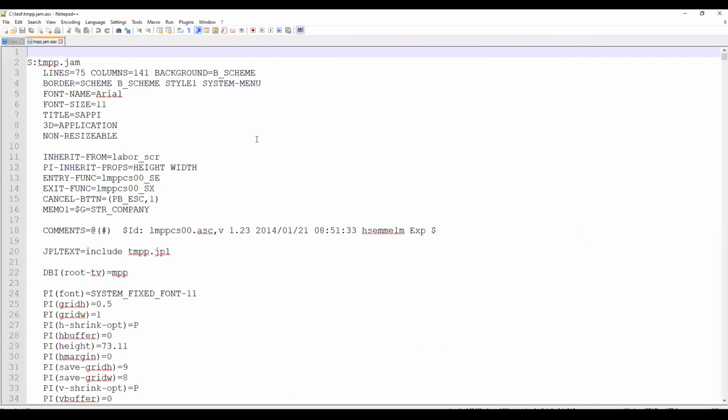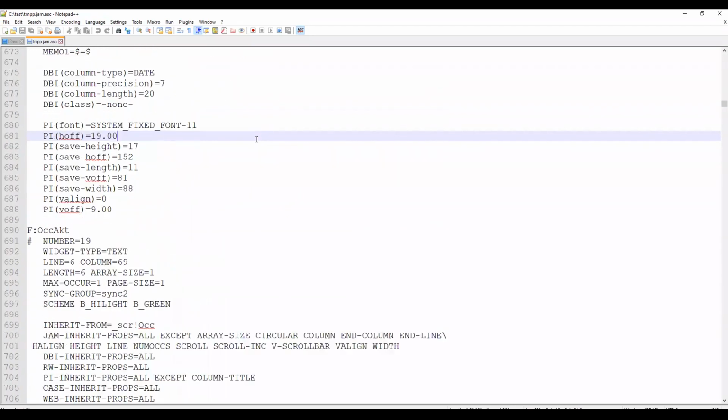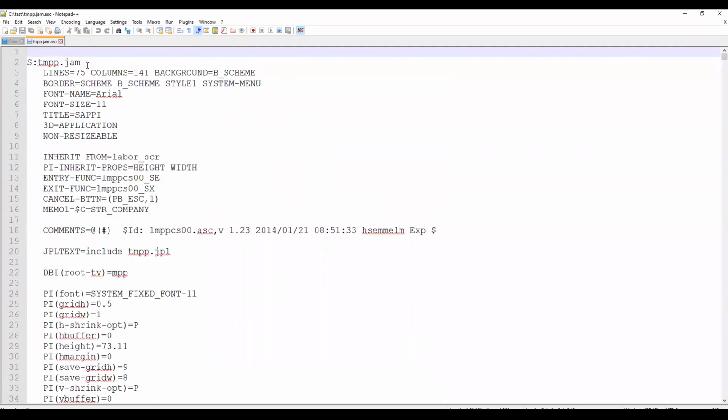Now let's understand what exactly the ASCII file is and what its contents are. If I check a couple of things here, there are n number of properties. I have almost thousands of lines here. Let's go through a couple of properties. Basically S colon is a screen here. It defines the screen properties, basically the name of the screen, the title of the screen and all the different options which are available.